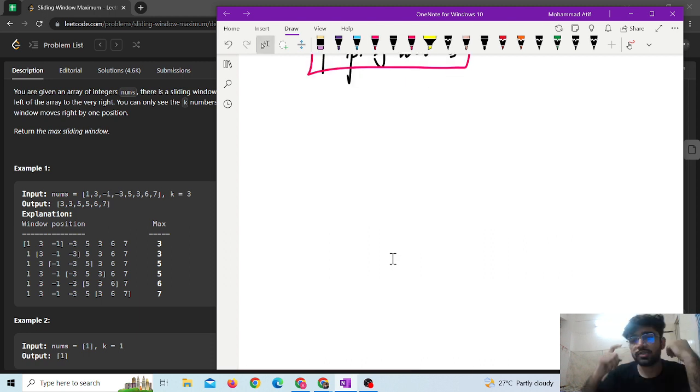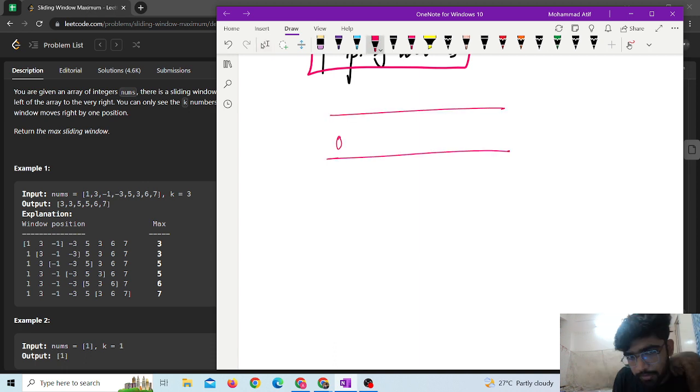Now one more thing that we need to pop out. I will explain it with an example. Suppose I have a few elements in my dq. These are the elements, or the indexes, that I have in my dq. Now if I encounter a number that is greater than the values present at the given indexes in the dq,